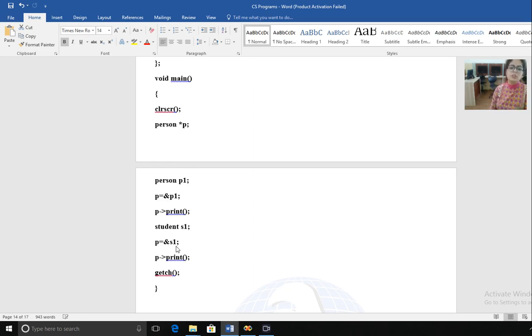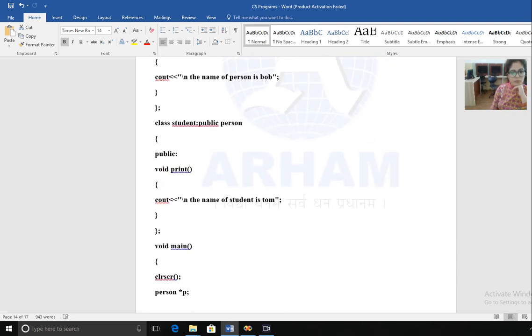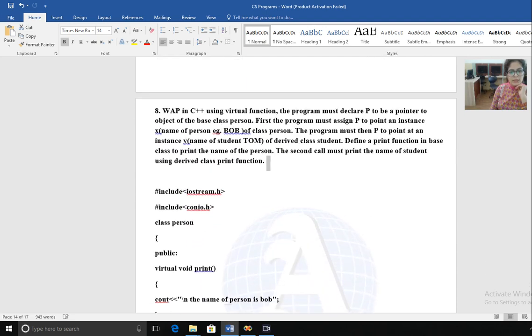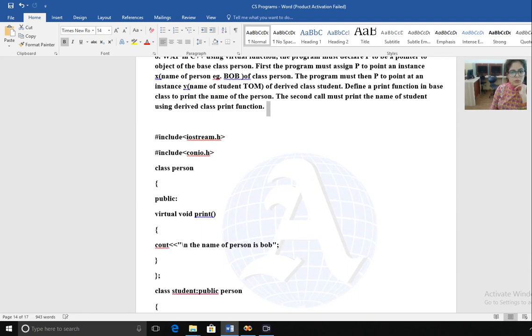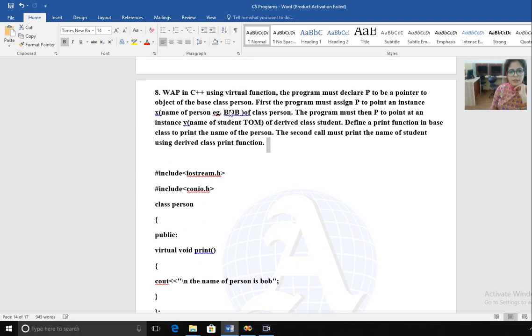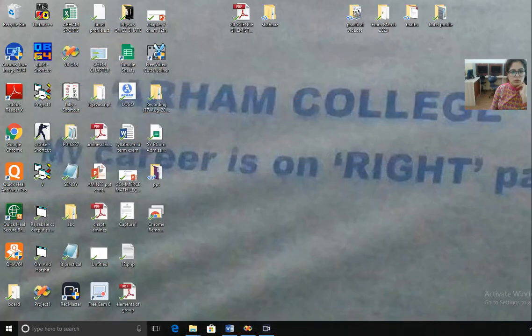So this is the concept of a virtual function, because a virtual function is a function in which we can make changes in the derived part. That's why we have used a single variable. Now p print, this will print the message, getch, ends with a semicolon and then curly bracket close. So this is the program. Now I will show you the execution of this program. So with this we have completed program number 8.